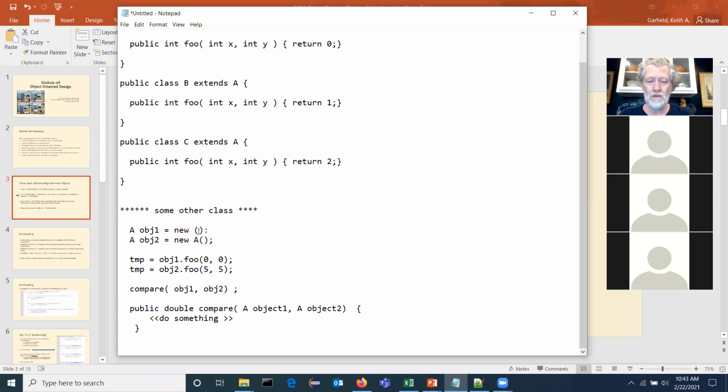Now, what if I did that? Have I broken the rule, or have I still maintained the rule? Am I still giving the compare method 2 objects of type A? Even though it says object 1 is of class B, object 2 is of class C, am I allowed to do that first of all? And if I am, does the compare method still work okay? You're allowed to do that, but would it give you back wrong results? Okay, so first of all, the first question is, or the first answer is I'm allowed to do that. That was the first question. And yes, I am allowed to do that.